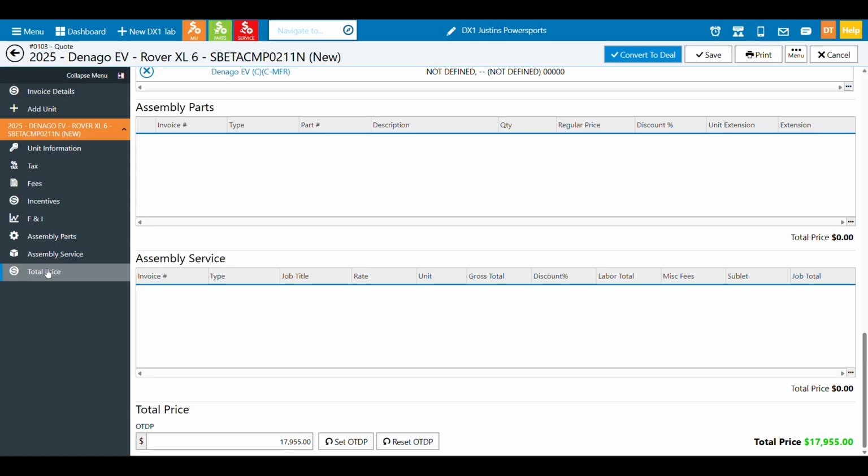By this time, we're getting down to a total price. We've added all this information in, the F&I products, and now we can start to show what our customer is doing. So in our next chapter, we're going to segue into taking a look at the final parts of our deal, to make sure that before we print our paperwork, convert it to a deal, and finalize it, we have all our ducks in a row. We'll do that in our upcoming chapters.